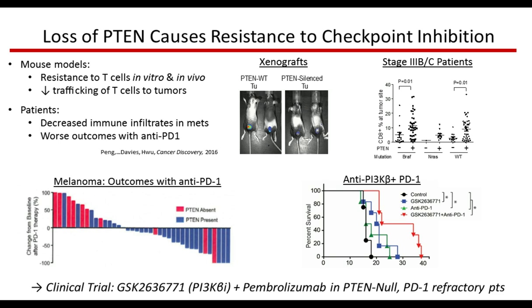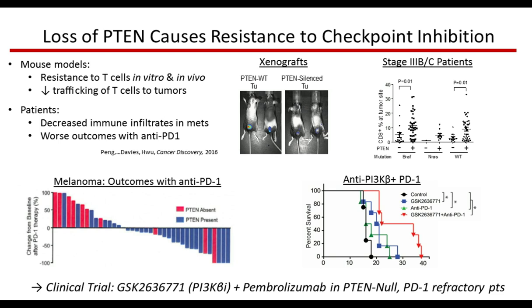And so we reviewed treatment outcomes of metastatic melanoma patients treated at our institution with anti-PD-1 antibodies. This waterfall plot shows the maximal change in tumor size. The bars that go up mean the tumors were growing. The bars going down means that the tumors got smaller. The bars that are blue are reflecting patients who had intact PTEN expression in their tumor, and the bars in red reflect the outcomes of patients who had complete loss of PTEN. And as you can see, we saw a striking association with loss of PTEN with inferior responsiveness to anti-PD-1.